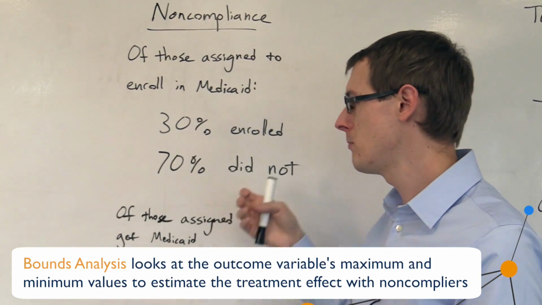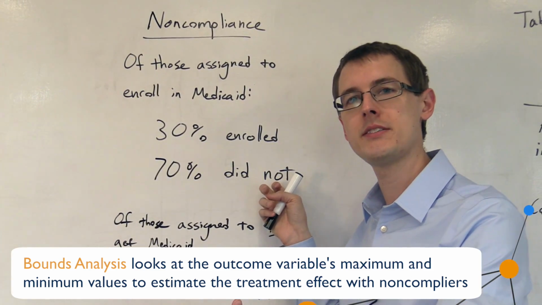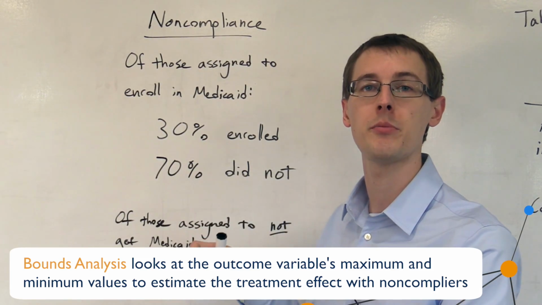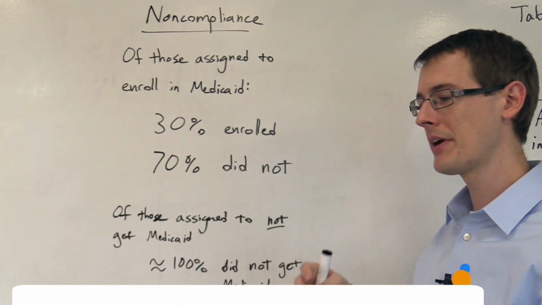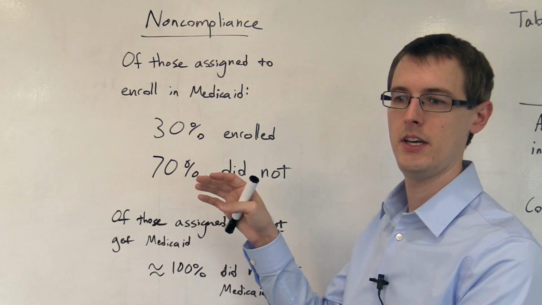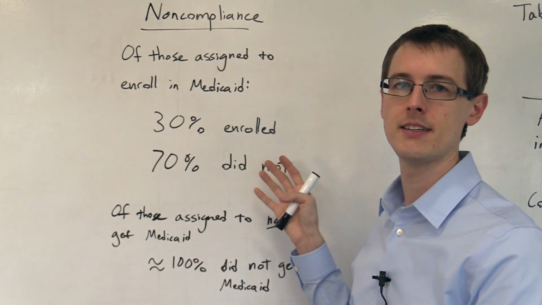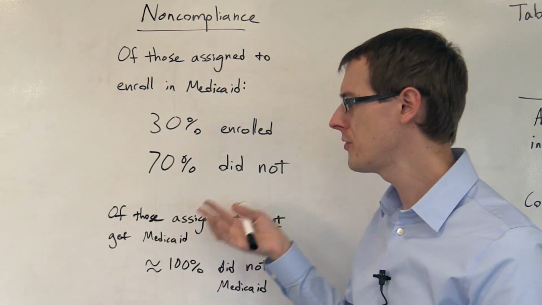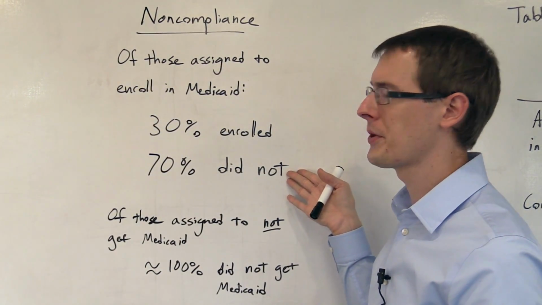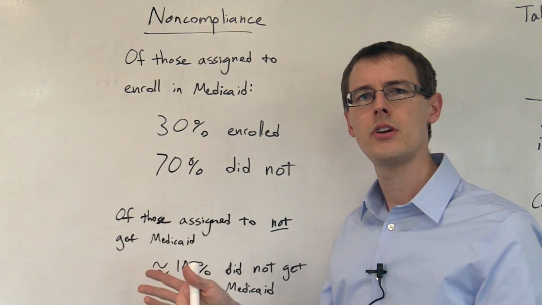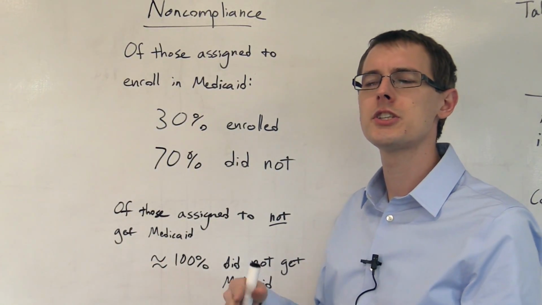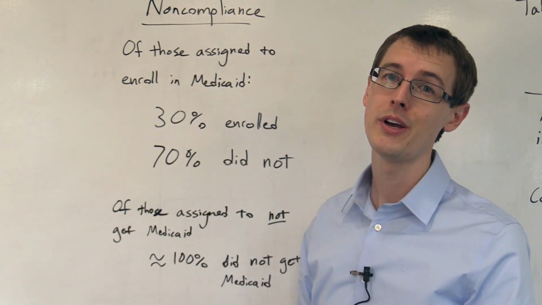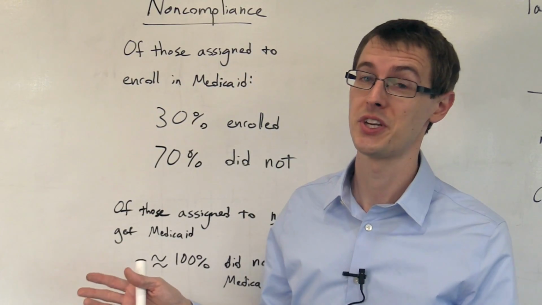So we're going to assume that all of them are depressed and then see what our analysis gets us. Or then we're going to assume that none of them are depressed, and see what our analysis gets us. And those are going to give us 2 bounds for the actual effect of getting Medicaid. And the truth is somewhere in between. The truth is that if all of these people enrolled in Medicaid, some percentage would be depressed. The problem is we don't know what that percentage is. But we do know that it's between 0 and 100%, by the definition of a percentage.